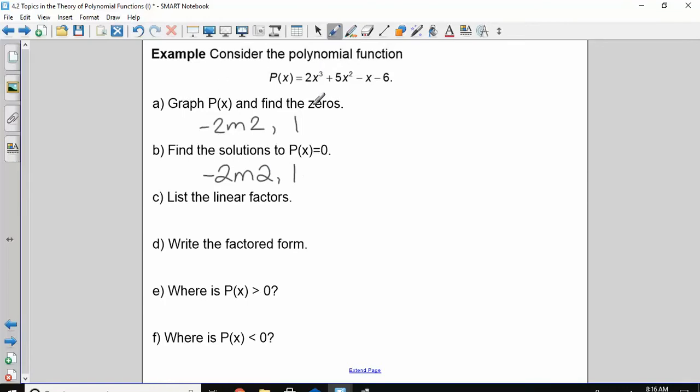Remember, it was an x cubed, so we said yesterday that meant it could have 3 zeros, and that's what we have. We have -2 showing up twice, and the 1. Those are the 3 zeros. List the linear factors. Factors have an x in them. So if -2 is a 0, what would my factor be? X plus 2. It was multiplicity 2, so it showed up twice, so I have an x plus 2, an x plus 2, and if 1 is a 0, it would be